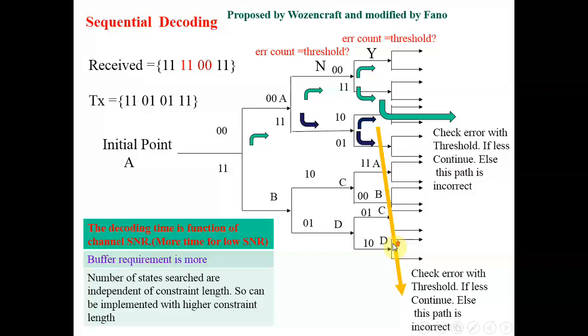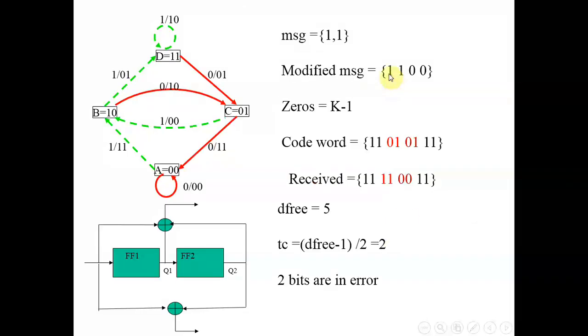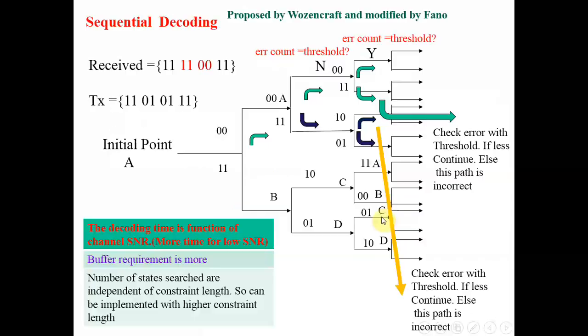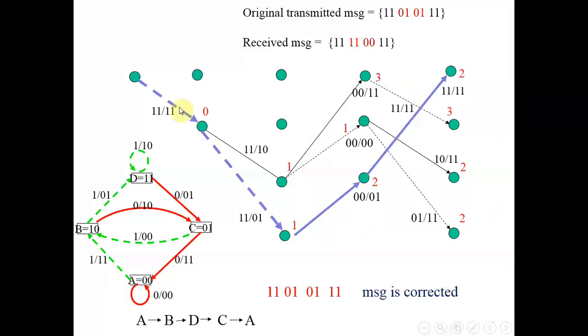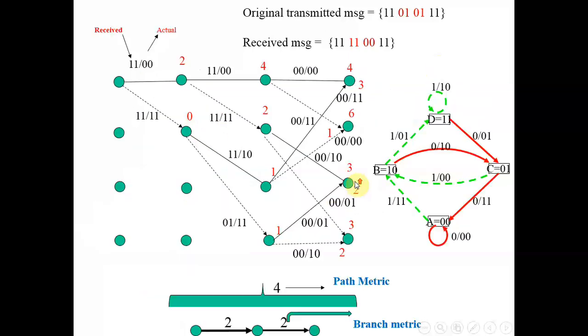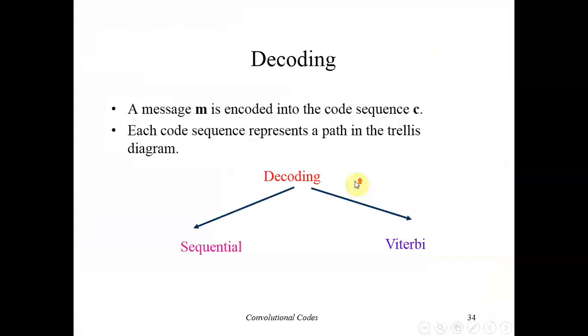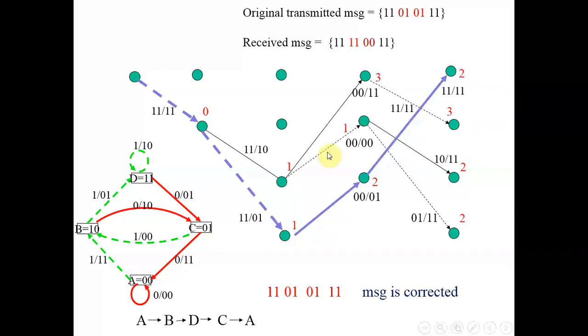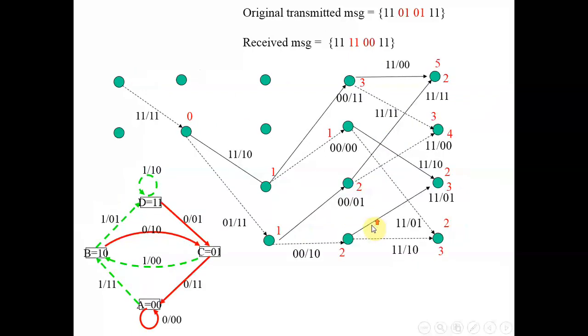We encoded the message here, right? 1, 1, 0, 0. So we got the same message here, because the moment I see the solid line, that means I expect that I am receiving 1. So 1, 1, 0, 0. That is exactly the message which we have encoded. And the corrected code word we got is this final code word, which is 1, 1, 0, 1, 0, 1, 1, 1, which is the original transmitted message. This is how your Viterbi will work.